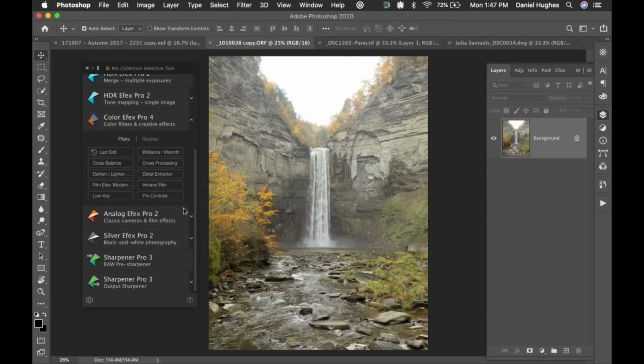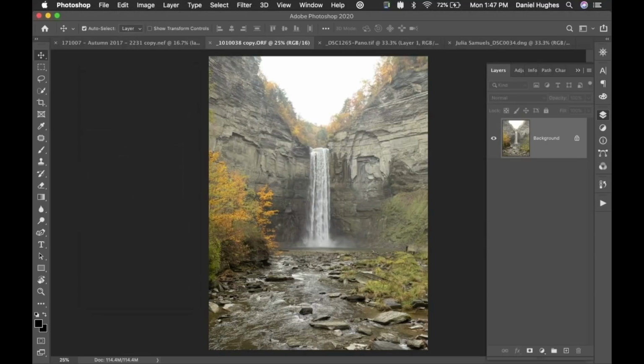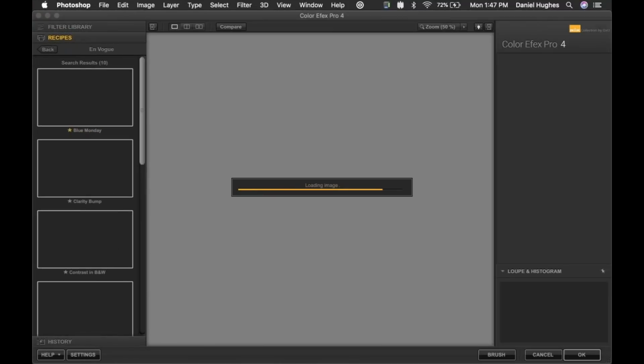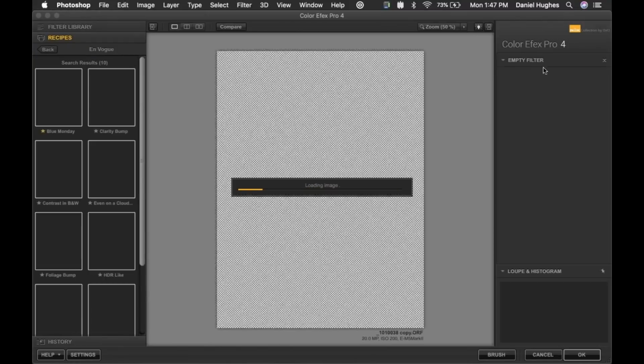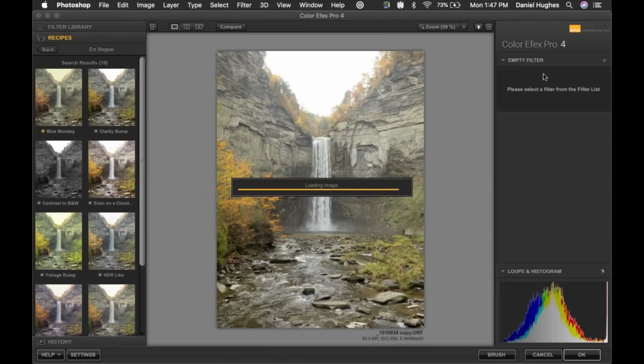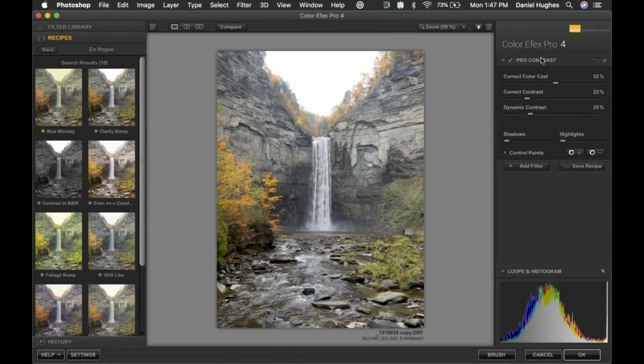We're going to apply that same recipe to this photograph. So I'm going to click on Color Efex Pro 4. Instead of a particular filter or recipe, I'll just click on Color Efex Pro 4. The software is going to launch again, and I think the Pro Contrast filter is going to be the filter that shows up, because that was the first filter the last time we used the software, and that's why it